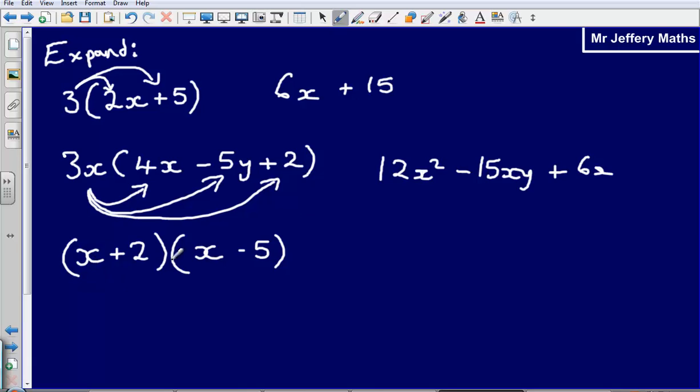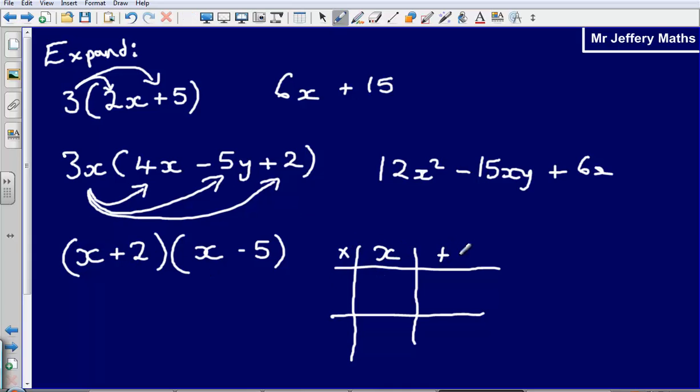Then this one here, x plus 2, x minus 5. This is like one of the later questions that we looked at. I'm going to set out my grid, and I'm timesing them. This is like my long multiplication. I've got x and plus 2, and I've got x and my negative 5. X multiplied by x gives me x squared. X multiplied by plus 2, that gives me plus 2x. X multiplied by negative 5 gives me minus 5x, and then that gives me minus 5 multiplied by plus 2 gives me minus 10. Collecting all of these together, I'm going to get x squared